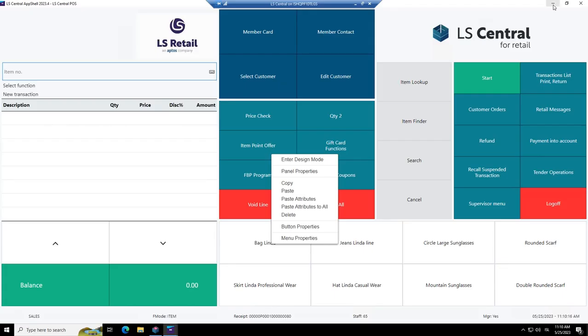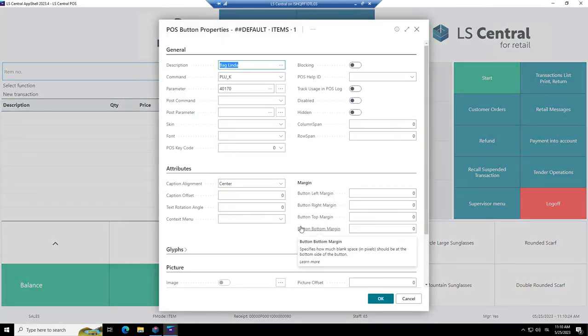So let's go back to the POS. Here we are, we have already right clicked and we're going to open button properties for this button. So you see we are in the Baklinda, and here we have something that is a command. This command is called PLUK. That stands for Product Lookup Unit Key. This is the command used to sell items. And here we have a parameter, and the parameter is the item number. So that's how simple it is. Let's go into OK.